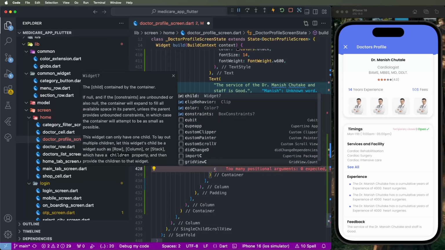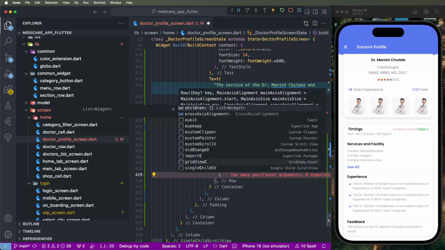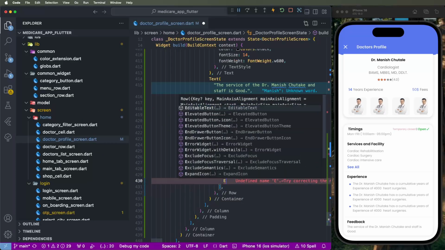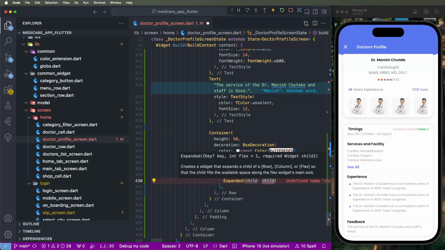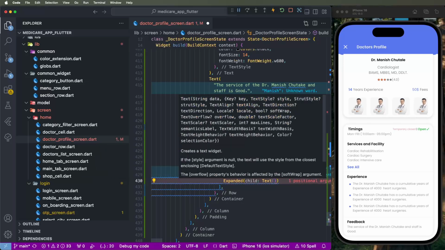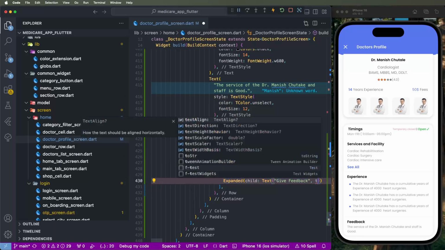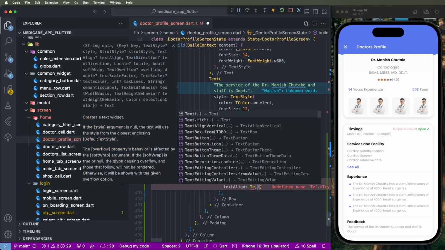Now I need to set the child. We need to configure a row and child like here. Expanded, and we need to set the text. In double quotes inside, give the title, give me feedback, and we need to set the text alignment,